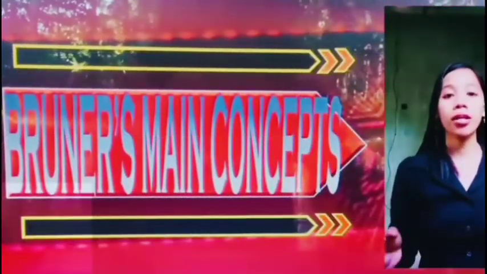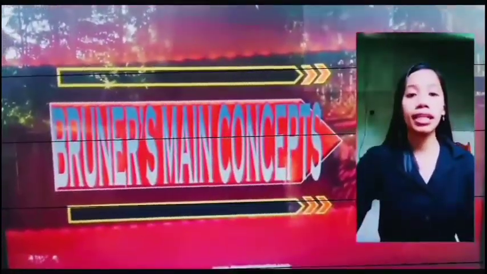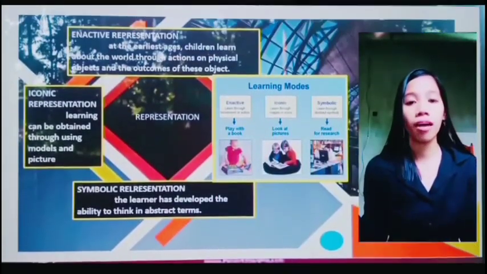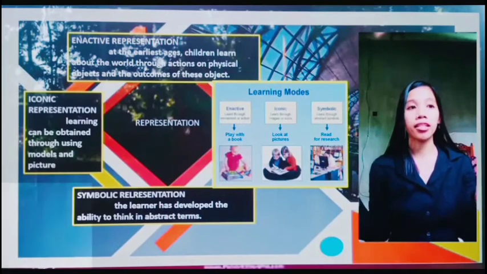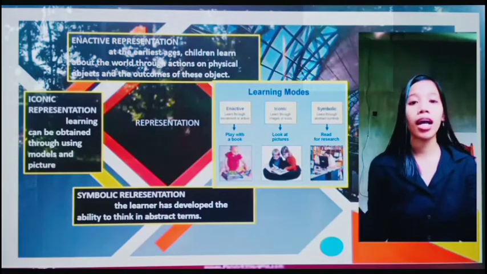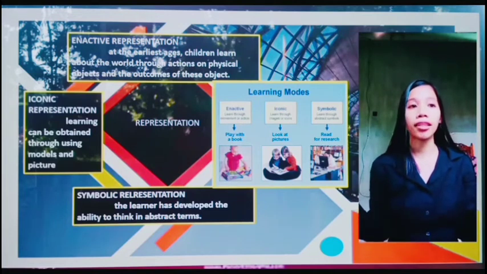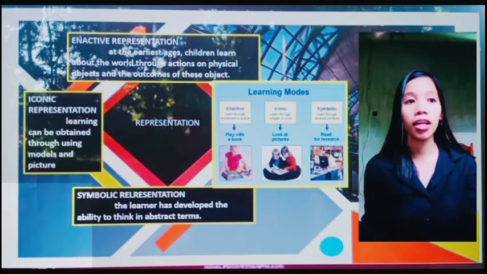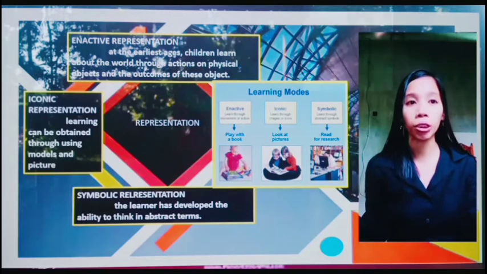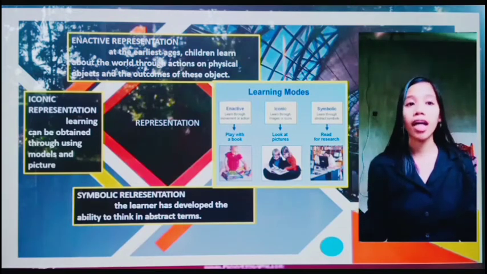This topic today is all about Bruner's main concept. Bruner has three representations. These are enactive, iconic, and symbolic. Enactive representation: at the earliest age, children learn about the world through action on physical objects and the outcomes of